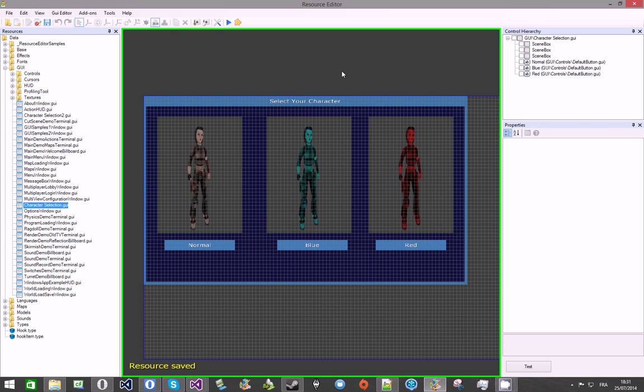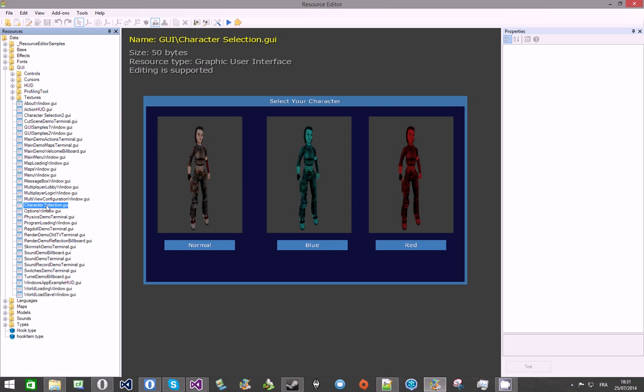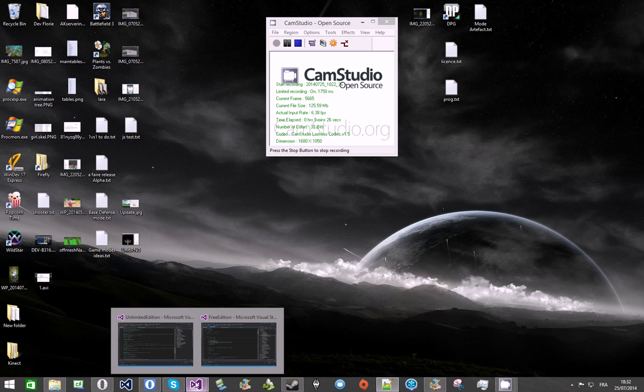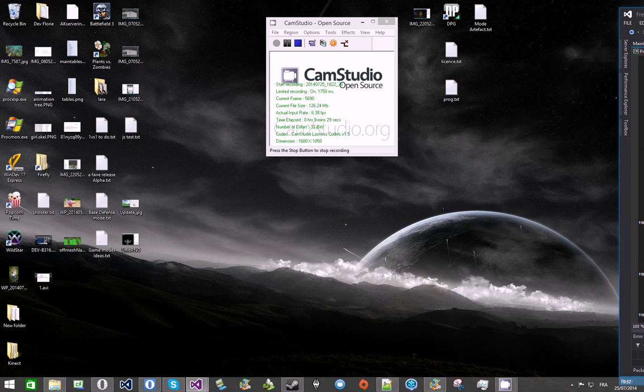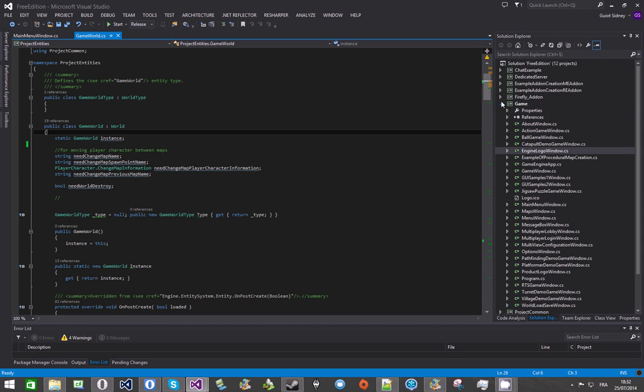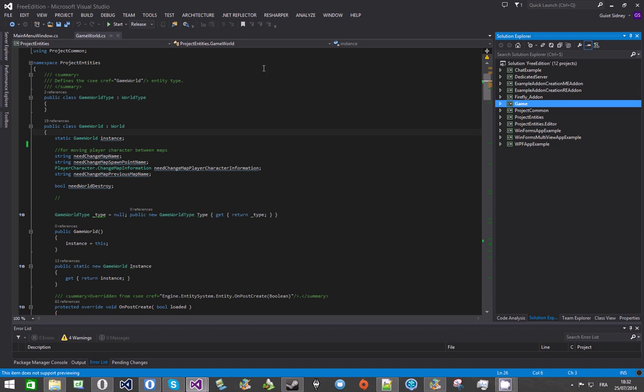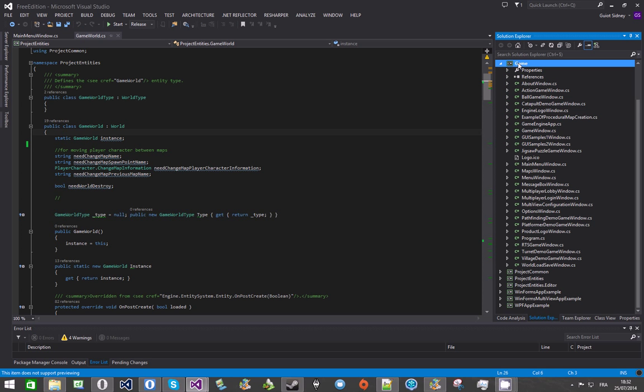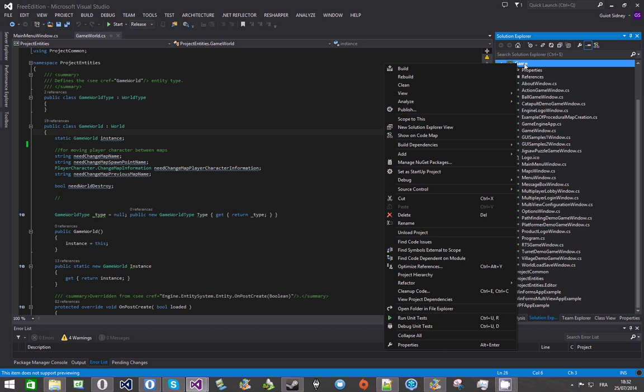You can save it. We are going to remember that it's character selection.gui. So close it and open your Visual Studio. So here I have my free edition. So we are going to create a new window. So inside games, right click on game, add new class,